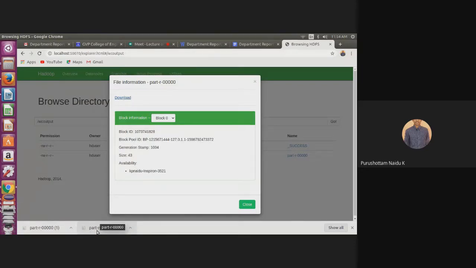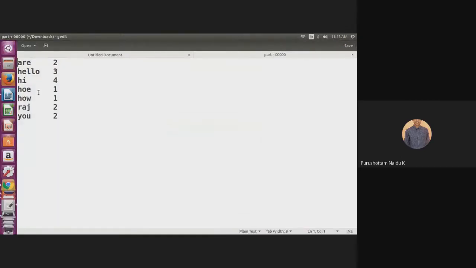Now I have to open this file. See, it's here. This is the word count. Let's see our input text file. In our input text file, akka occurs 2 times, hello 3 times, hi 4 times, HOE 1 time, how 1 time, R 2 times, U 2 times. This is the word count.